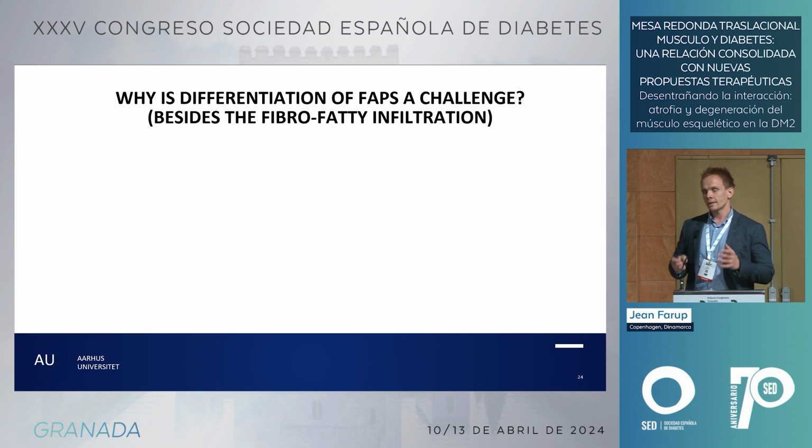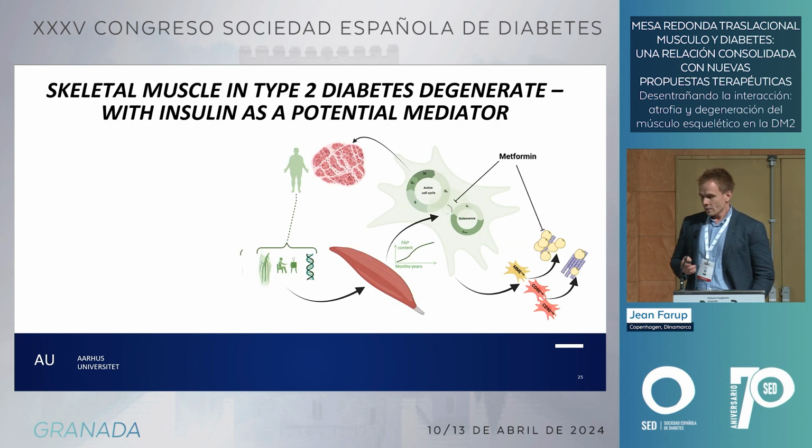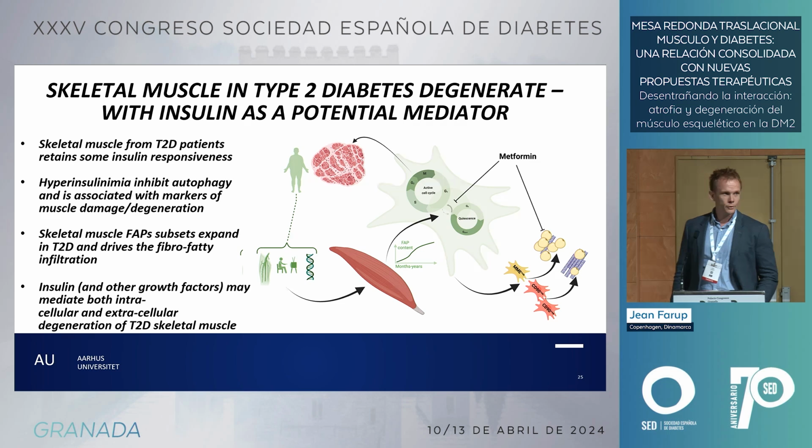We think that one of the reasons is that these cells are supposed to have homeostatic functions within the muscle, and when they differentiate, you lose this function. And part of these functions, we believe, are actually to enhance the ability of the skeletal muscle to take up glucose. So what you see here is an experiment where we incubate myotubes with conditioned media from FAPs, and you see that the response to insulin is enhanced in this situation. So you can imagine if you lose these cells, then you will also potentially impair insulin-stimulated glucose uptake. So with that, I just want to thank you for your time, and I look forward to questions.